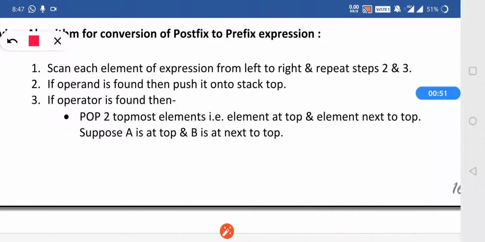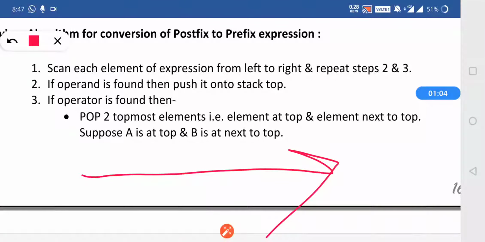So whatever expression we are having, whenever we are converting the expression from postfix to infix, or from postfix to prefix, we have to scan the elements from left to right. We are scanning each and every element of the expression from left to right, and then we will be performing the steps.